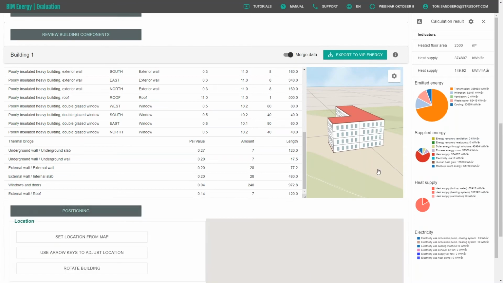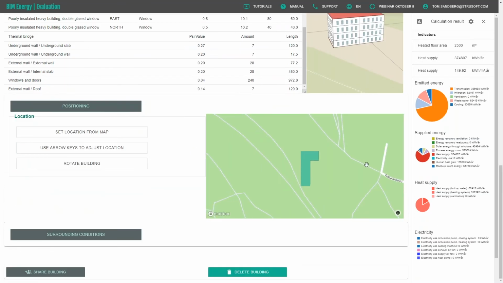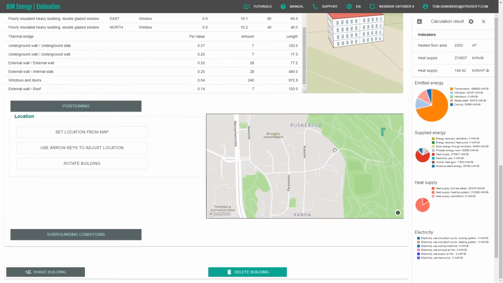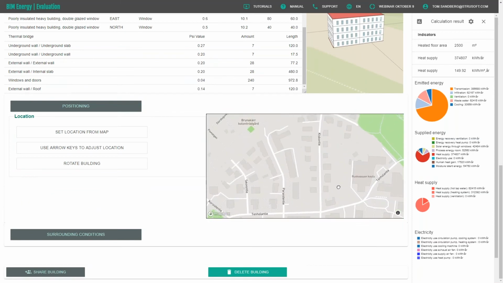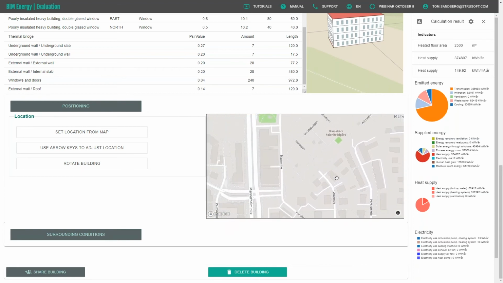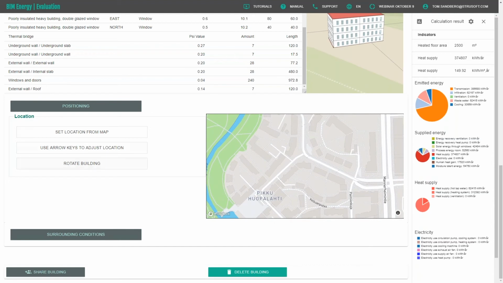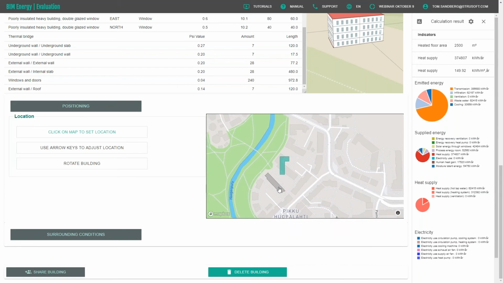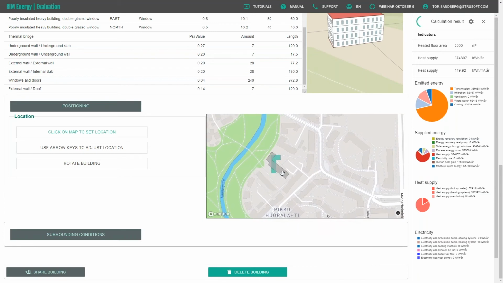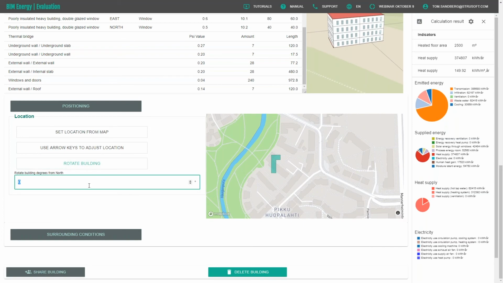Then we have positioning. And here we can find our building on the map. Now I just draw something out of the blue, so I'm lucky if I find something. This is pretty similar. I can put my house there, building. And okay, so the dimensions here are not right, but we rotate the building. So this will be about 300 degrees, maybe